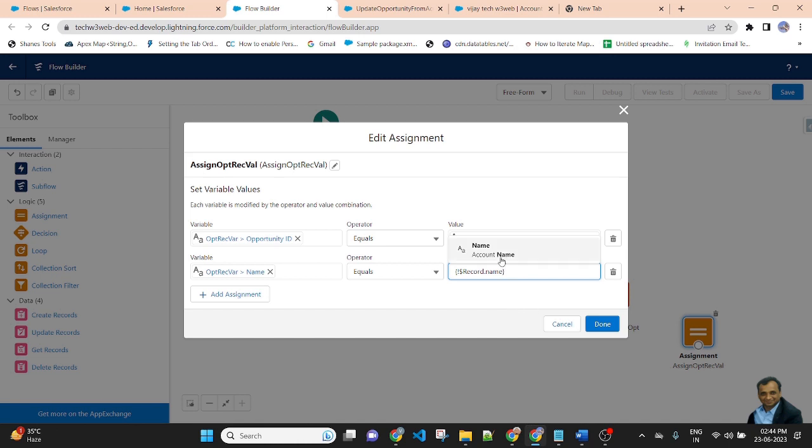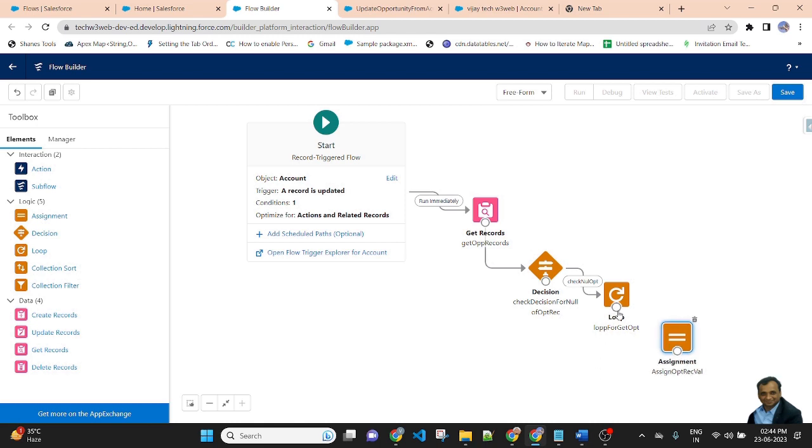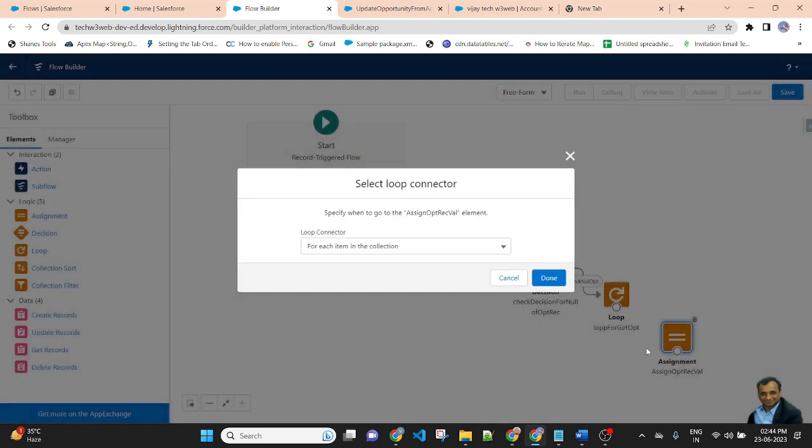I am assigning the opportunity name, I am passing the account name. So in this assignment I am using two variables, name and opportunity ID, and we are passing the account name, and done. Match the arrow.